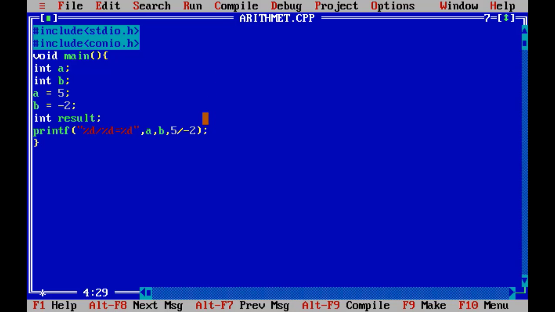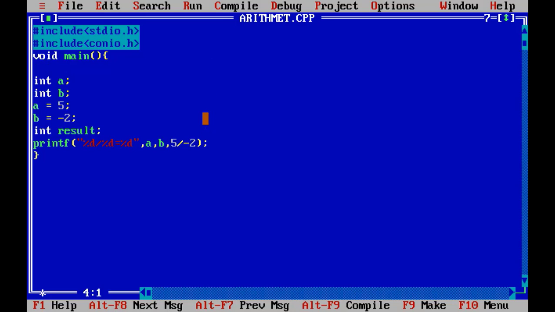Before executing the code, we will have to make use of two things. One is clrscr to clear previous program's output, then getch to hold console till pressing any key.